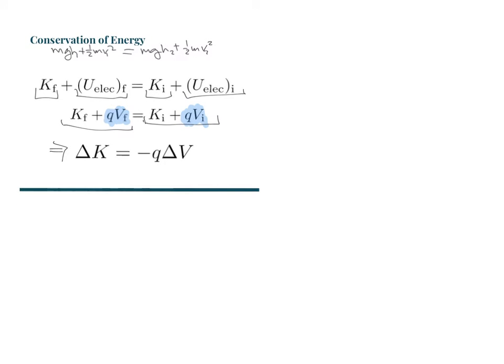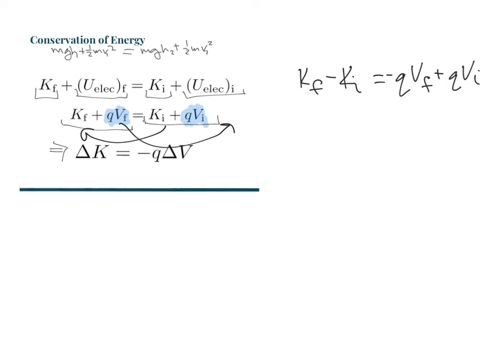If you do KF minus KI, so you move the KI over, and you move the QVF over, you get KF minus KI equals negative QVF plus QVI. So what that can be consolidated as is the change in kinetic energy, F minus I, equals negative Q